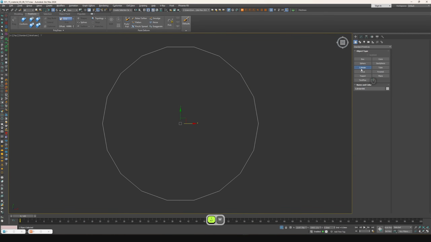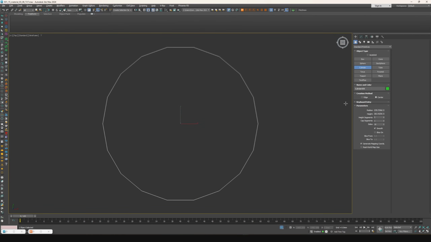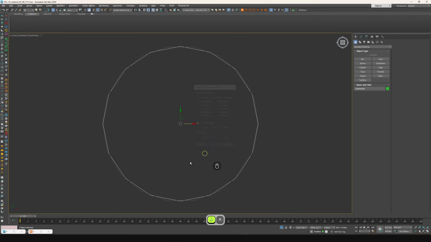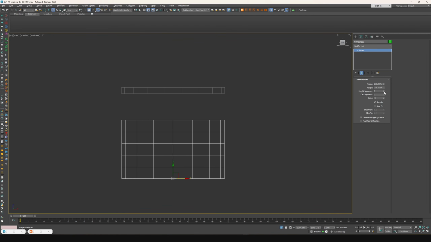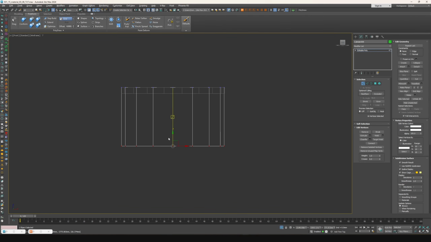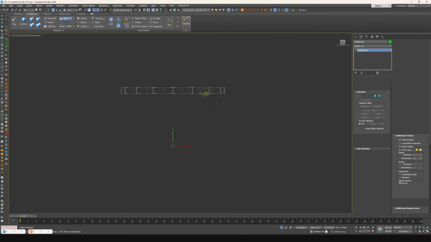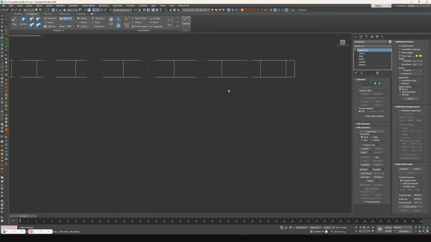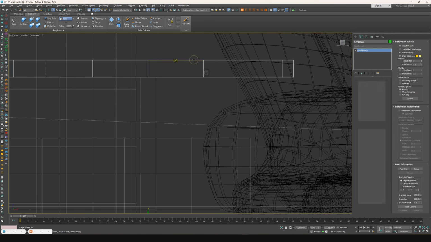We create a new cylinder and set it to 16 sides. Then align it to the previous cylinder and reduce the height segments. Now I activate snapping with S, hover over the correct gizmo arrow and raise the object. Convert to Editable Poly and move the bottom vertices up to the proper level. After that, the previous cylinder can be deleted. Now isolate it again,